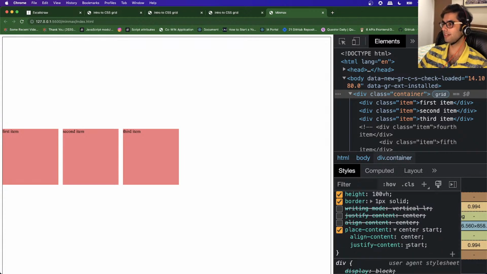So you can see that the content starts from this position and vertically it is aligned to the center. Okay, so you can make use of this property to specify multiple values, which is just a shorthand for both of these properties together. So you can either specify them individually or specify them like this. Okay,